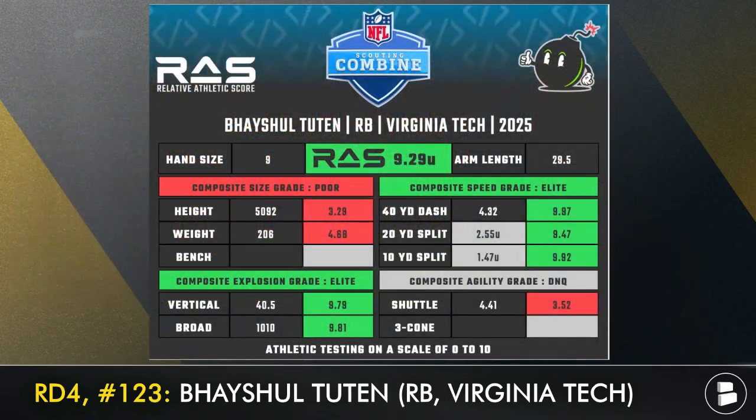So here in round 4, I'm going to address a running back, and I'm going to get Bashal Tutin, running back out of Virginia Tech. And I love this guy's film, man. I am in love with Bashal Tutin, especially with the offense that the Steelers want to play. I think Tutin has a little bit of a fumble issue that he's going to have to figure out in the league. But in terms of being a true outside zone rushing running back, Tutin is probably top 5